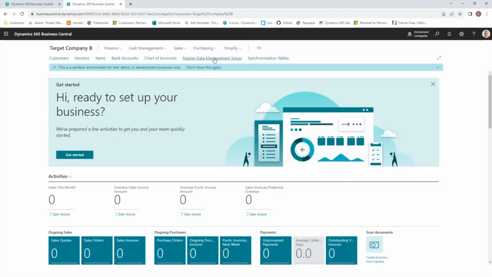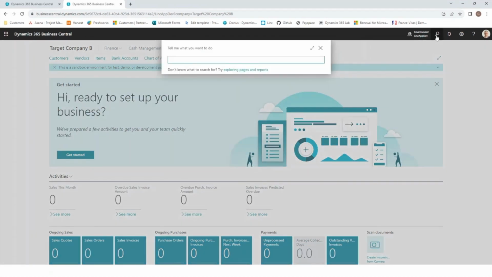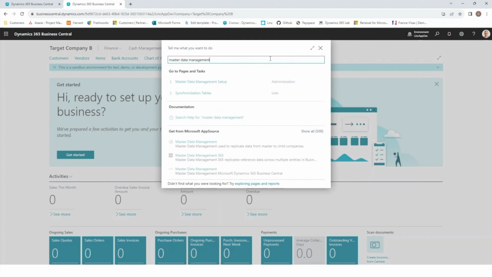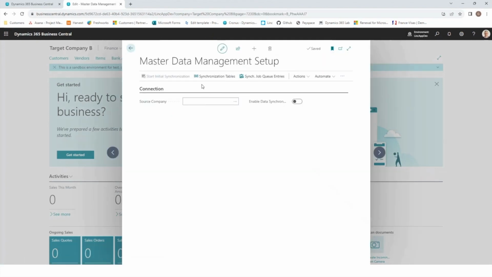And I have added the master management setup functionality as a shortcut on my homepage. But you can also find it when you go to the search and you can type in master data management, and that will also pop up so that you can access the tool. So I'm going to access the master data management setup, and you will see it's a plain, simple, straightforward screen